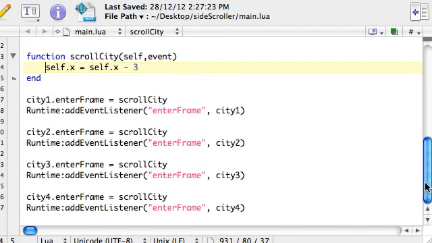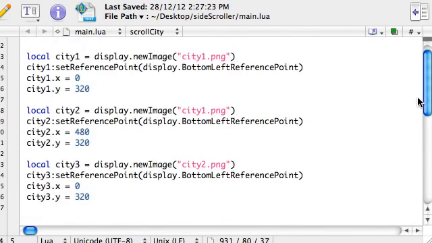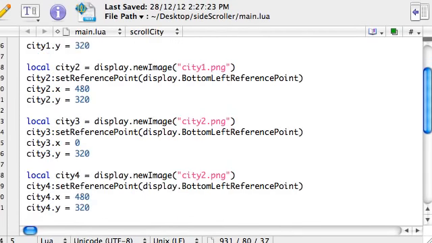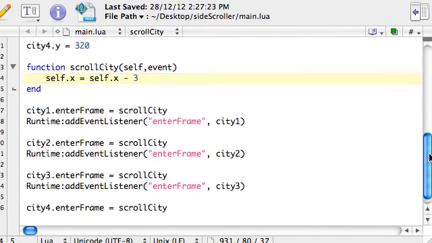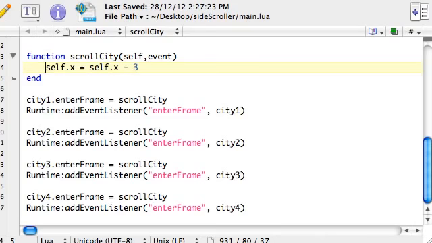Just to review quickly, we're loading in our four graphics. City 3 and City 4 are sitting off to the right hand side of the stage, and all four of the graphics are calling this scroll city function. Remember, a function is just a group of instructions, and when any one of these calls it, they pass themselves into the function as self. So no matter whether it's City 1 or City 2 or whichever one, it just becomes self,